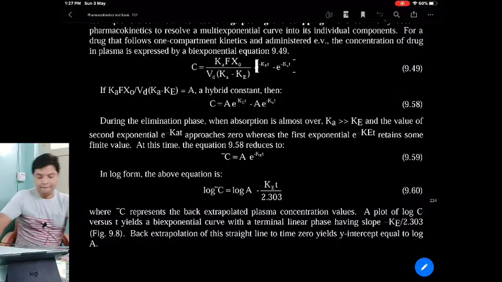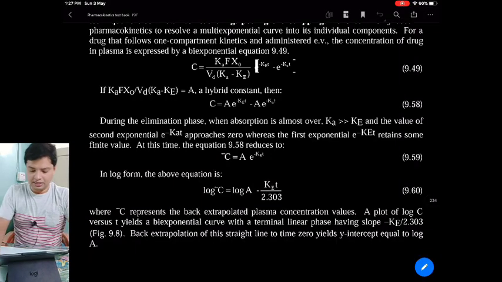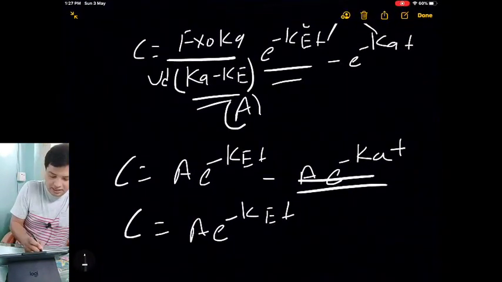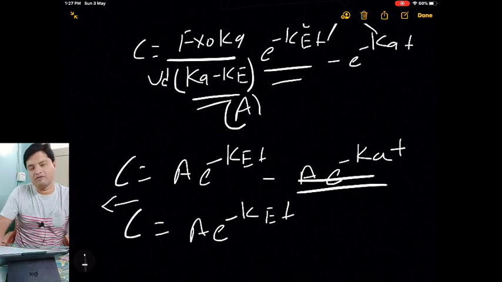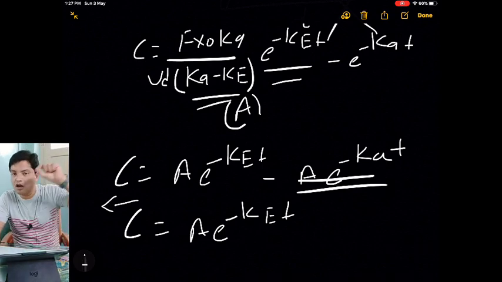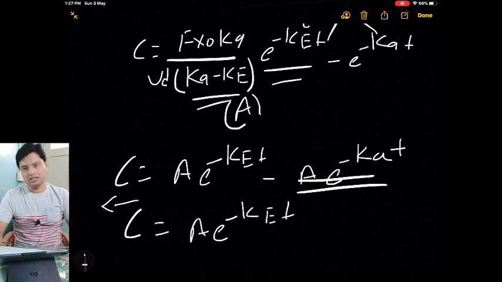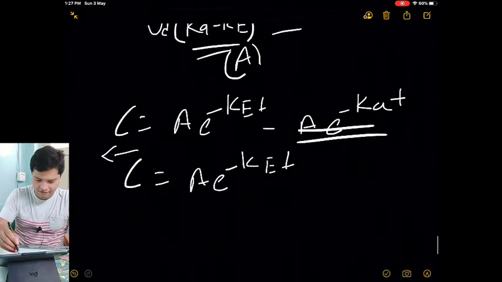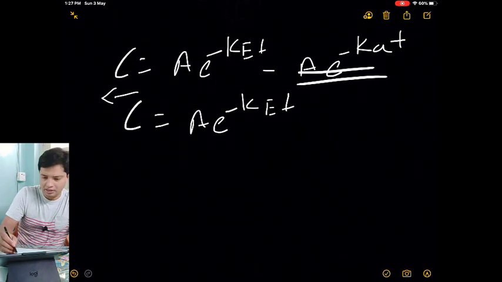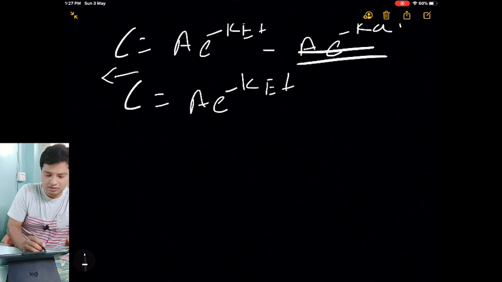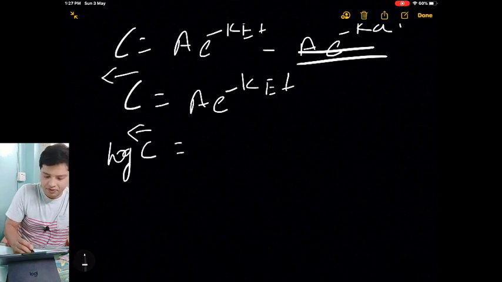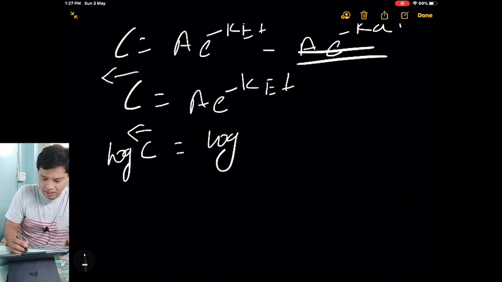Here your C is written like this. The arrow mark is given, which tells that we have extrapolated the elimination exponent graph. I'll try to show you what this is. First, let me draw the graph for this equation. To draw the graph for this equation, take log C is equal to log A minus